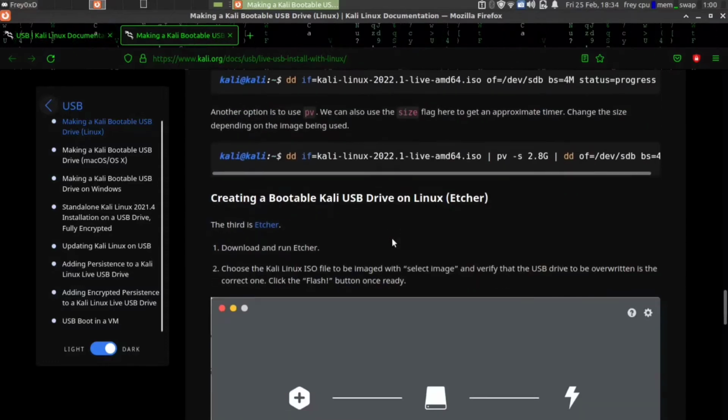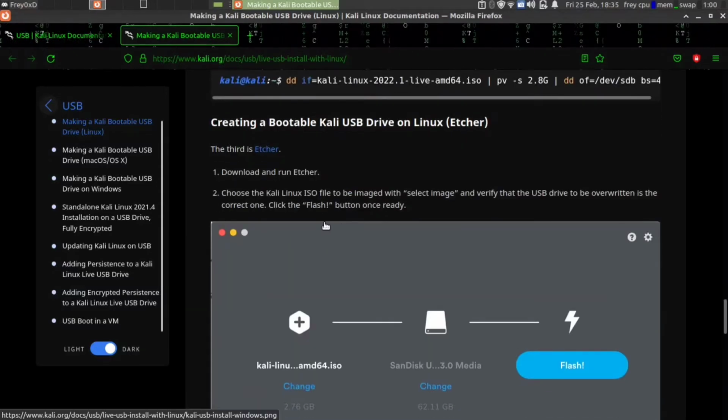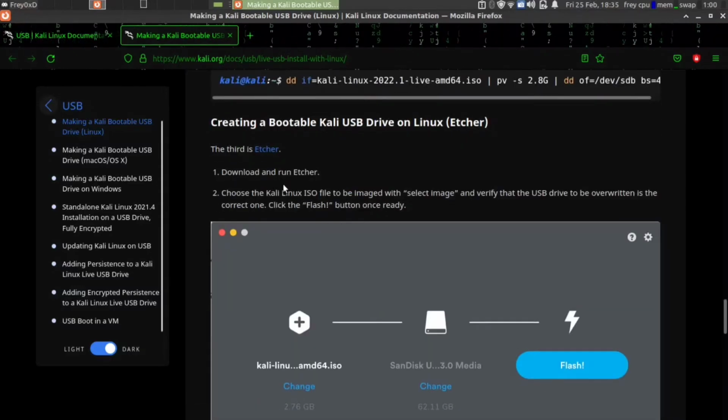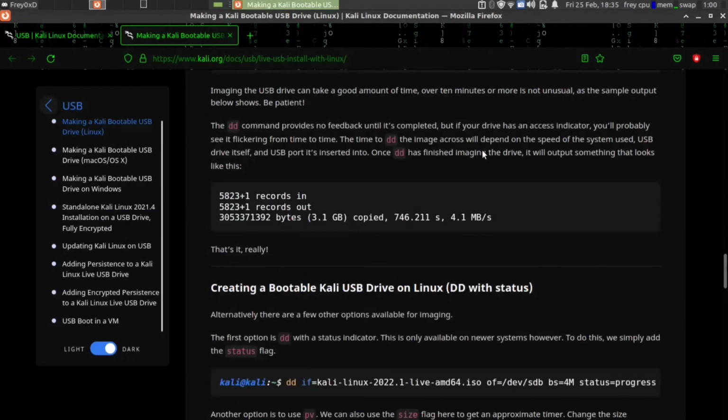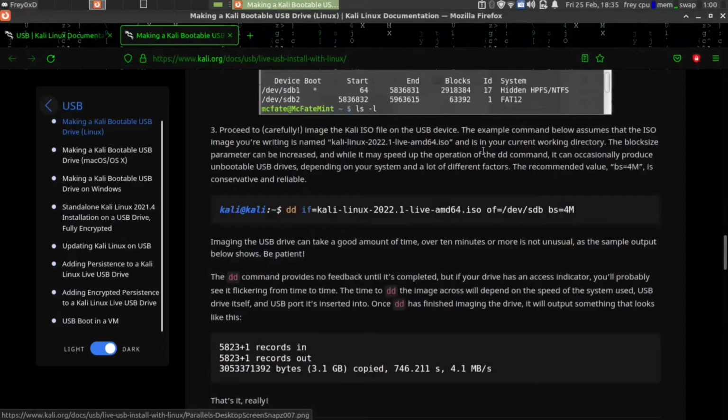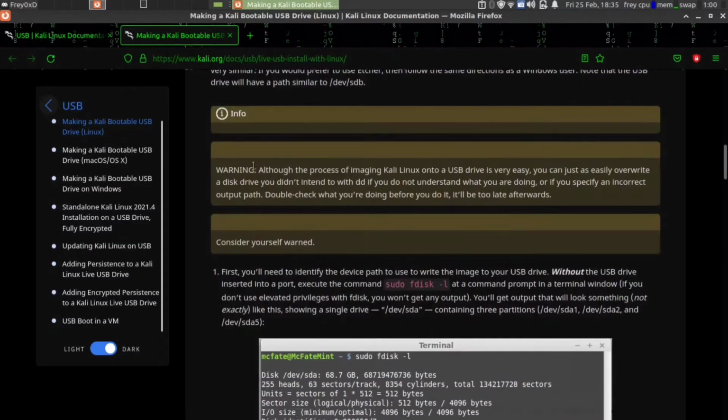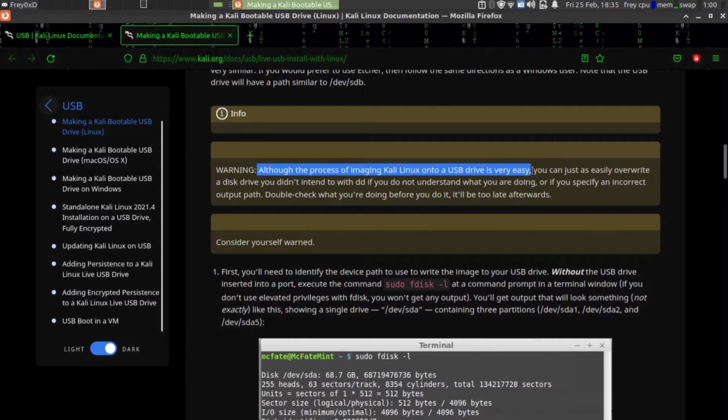And there are plenty of options like Etcher. You can use this one too. They have shown two ways to make your pen drive bootable. Although the process of installing Kali Linux onto a USB drive is very easy, and that's what I'm saying, it's so easy.